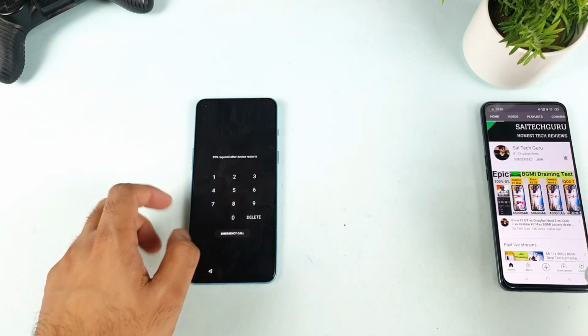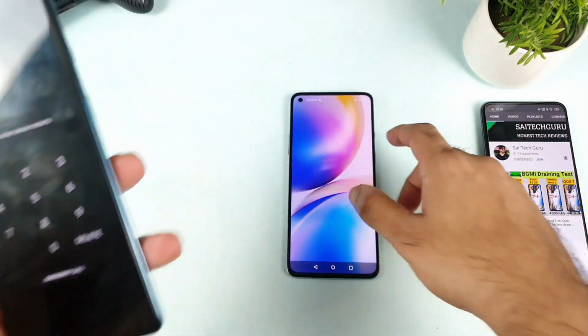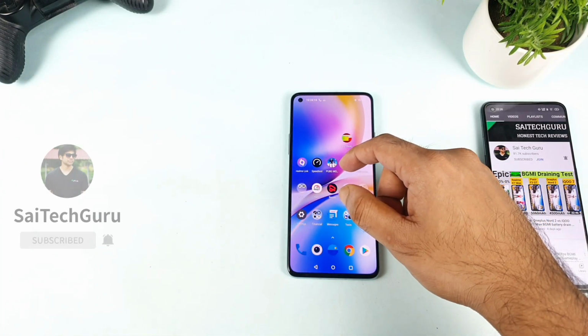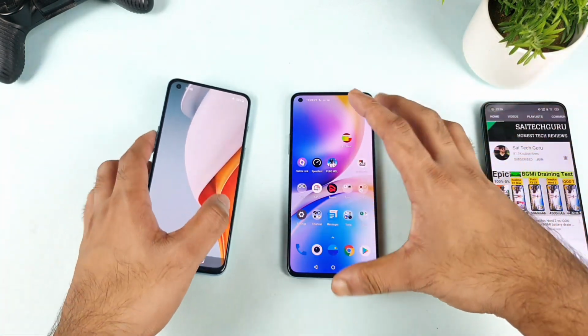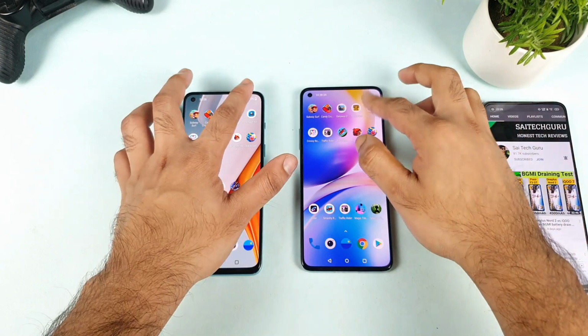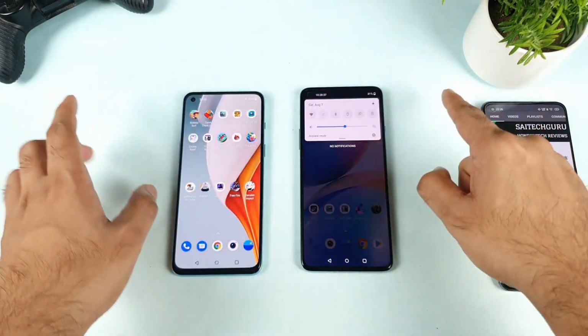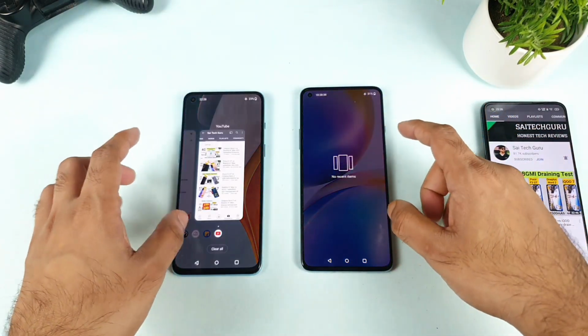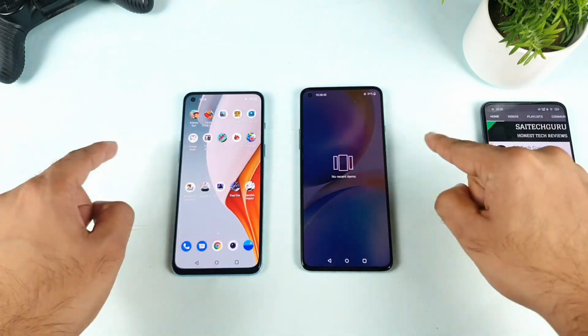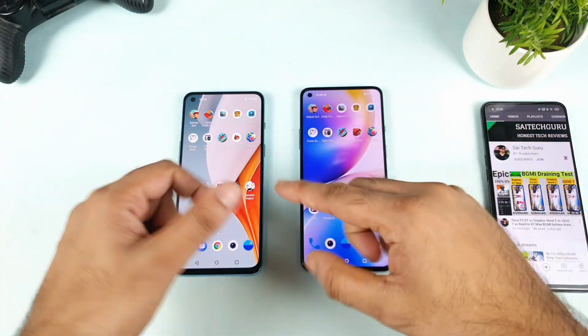Let's see. The OnePlus 8T is about to restart first in this test. I'm not sure why the OnePlus Nord 2 is taking a lot of time to restart in every test. The Wi-Fi connection and everything is completely disabled, as you can see, friends. Everything is disabled and all the background applications are completely clean. Everything I did clean just now. All the background applications are completely clean in both phones. There's no problem at all.